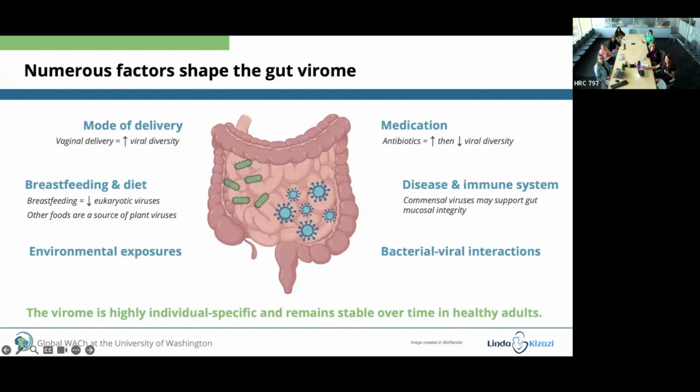A lot of things shape the gut virome. This is not surprising if you've read any bacterial microbiome literature, but some things that are relevant, especially to the infant virome, are mode of delivery. There have been a couple studies that have noted vaginal delivery is associated with a higher viral diversity, likely paralleling a higher bacterial microbiome diversity, which is also seen compared to C-section deliveries. Breastfeeding is interestingly associated with a lower number of eukaryotic viruses. And the hypothesis for this is both that mom is transferring antibodies, which are directly for eukaryotic viruses, especially pathogenic ones, but also